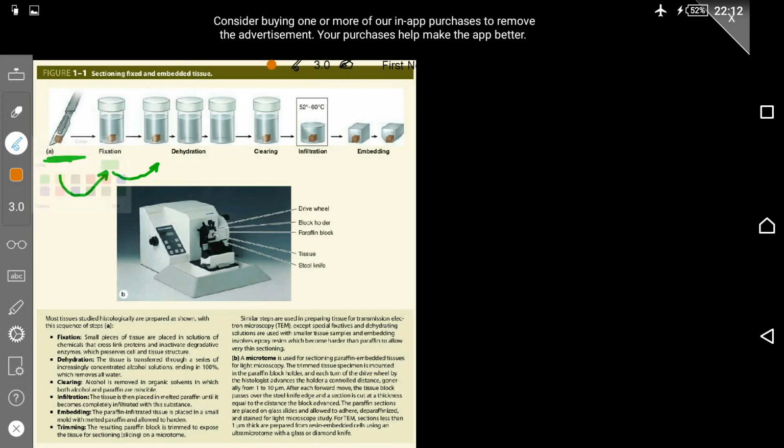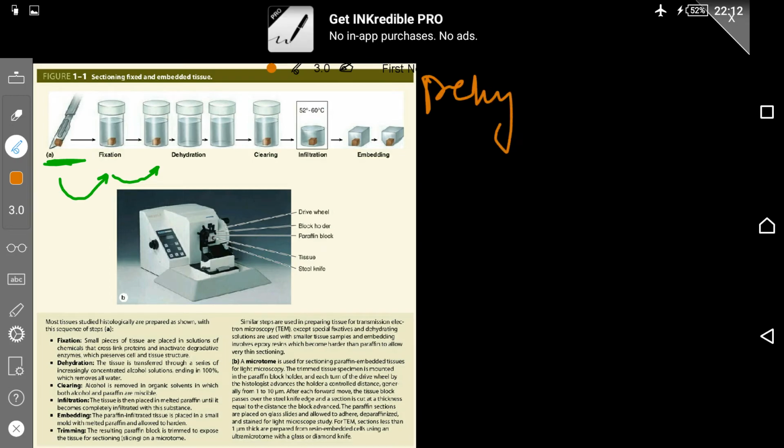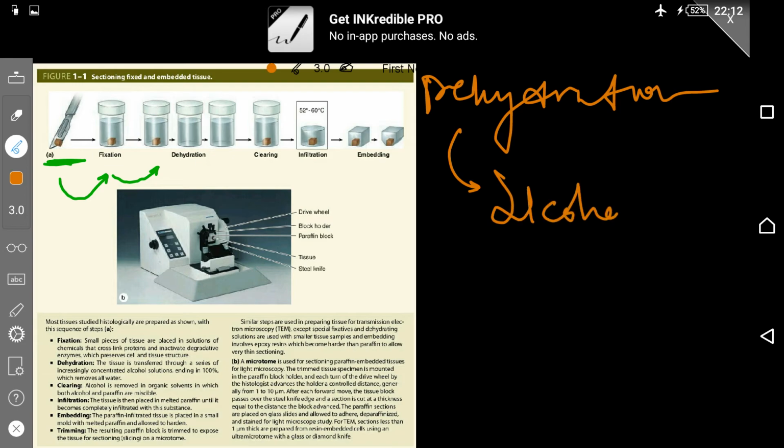This portion is usually done through a series of alcohol solutions, as shown in here,